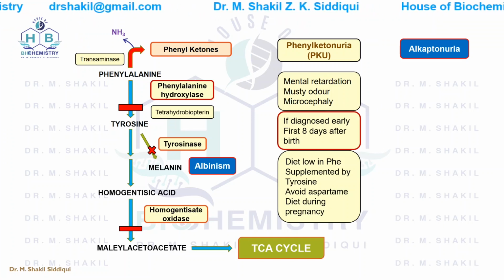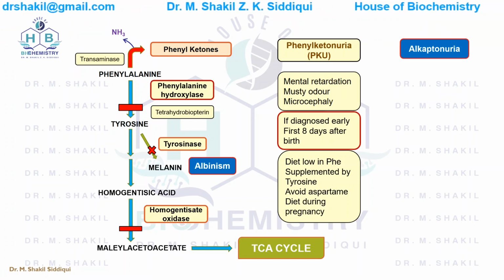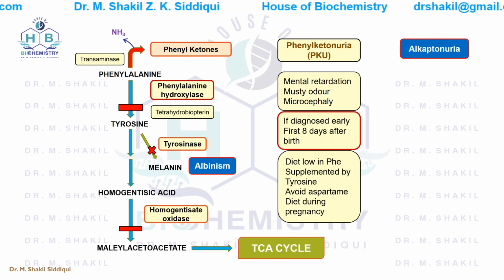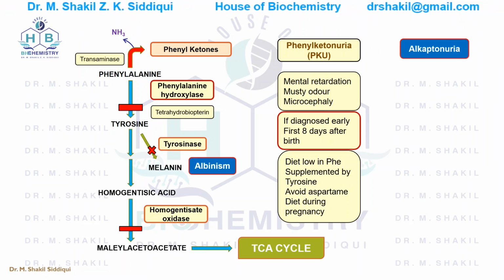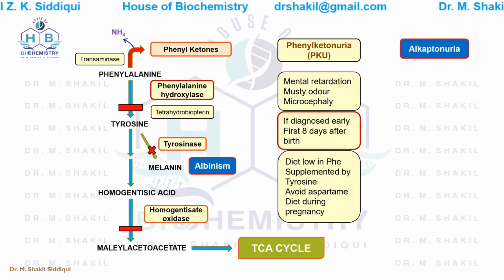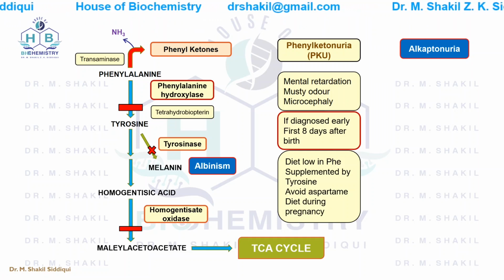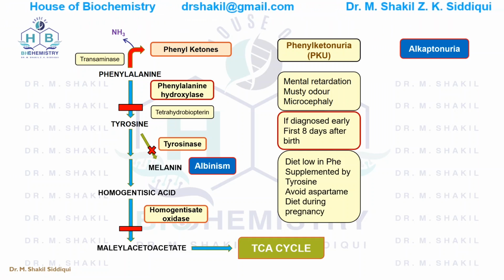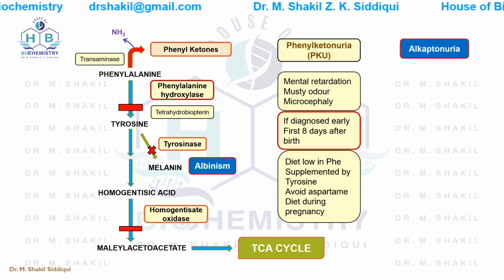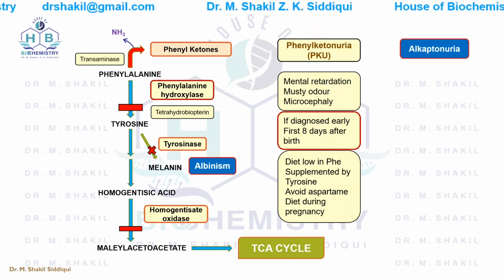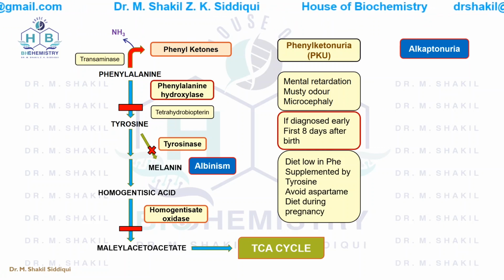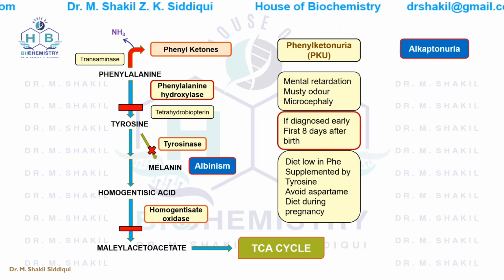Now there is a very important differential diagnosis of urine color. When the urine is dark, it is alkaptonuria. When the urine is pink, it is porphyria. And when the urine is brown or tea colored, it is hyperbilirubinemia. Please remember that. Now besides going into the urine, this homogentisic acid can go into the cartilage and